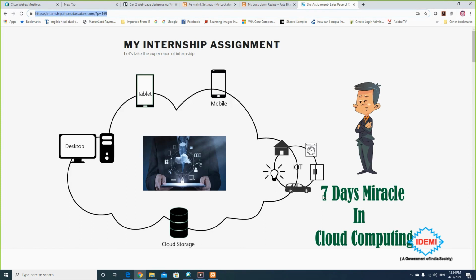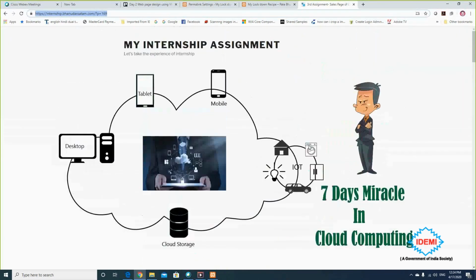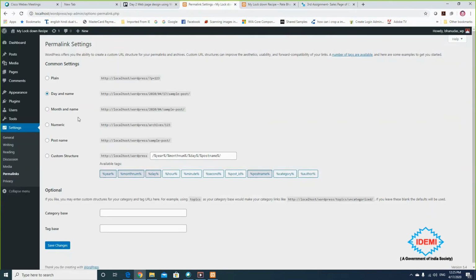It shows 7 days miracle in cloud computing, and here I'm giving the takeaways and some books. I'm not interested in showing the content; I'm interested in showing what this question mark P169 is. This question mark P169 is nothing but this plain custom setting.